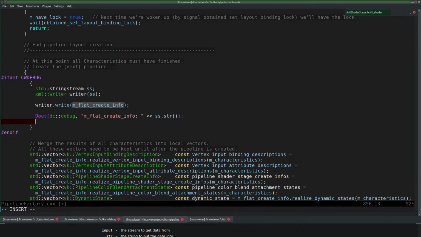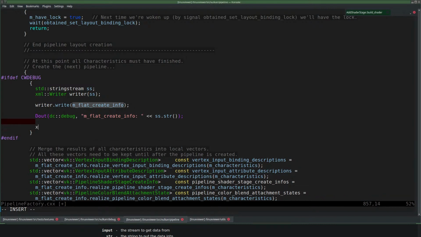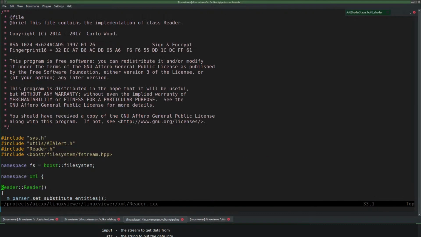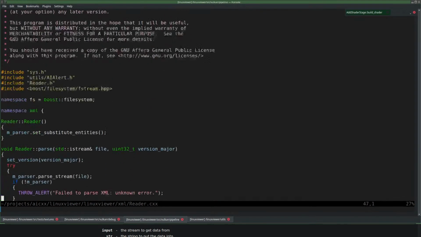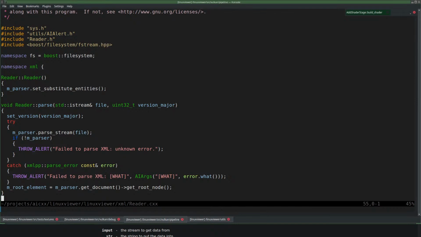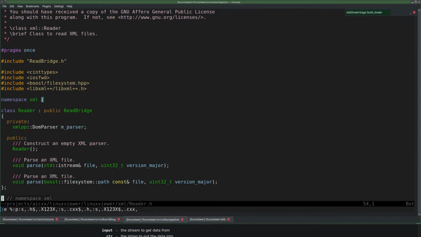And then I want to read that back. So now I need an XML reader. And how does that work? XML reader, no examples of course. Construction: empty XML parser, XML file.